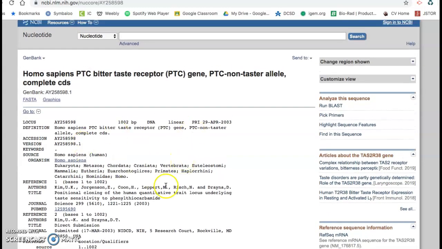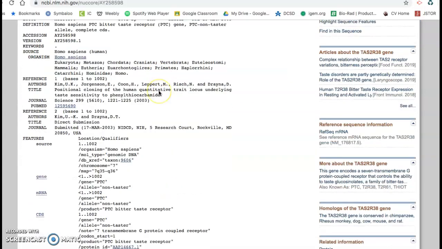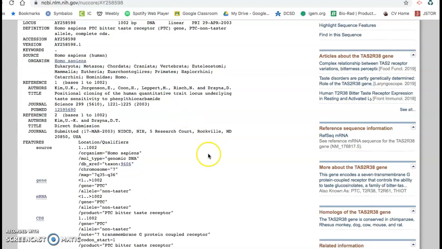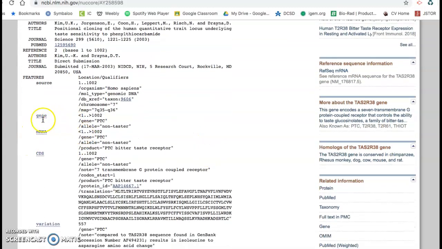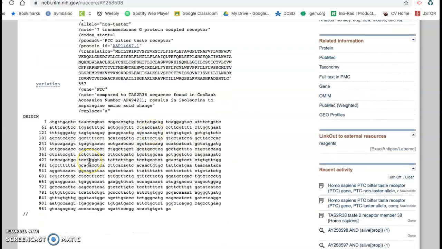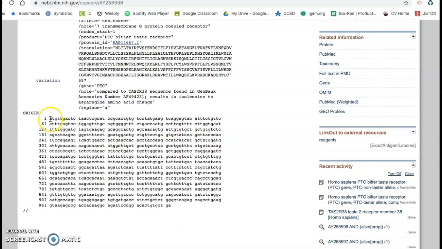And you guys see this gets pulled up here, where you've got a title. And then if you scroll down, you've got a lot of other information, like some organism information, some gene information, some mRNA, the coding sequence, and then this is the thing that you're actually interested in, which is the sequence of nucleotides. Now you can just grab that with your cursor and highlight all 1002 bases